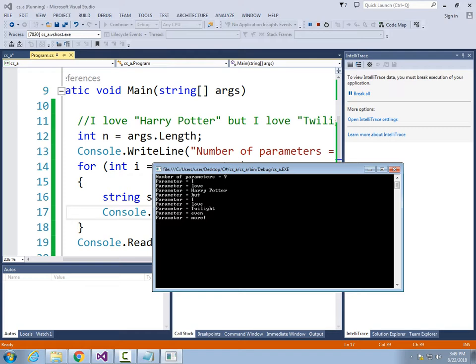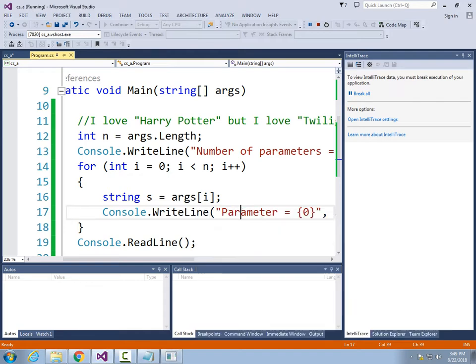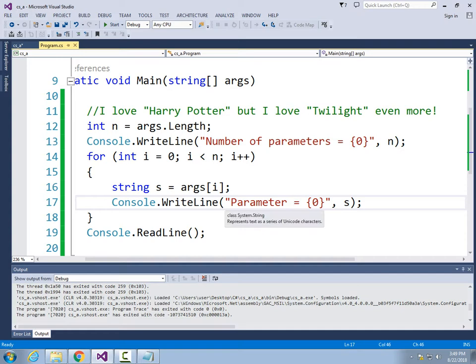All right, it runs. That looks pretty good. I love Harry Potter, but I love Twilight more. Yeah, it's still running. But maybe I want to have a second placeholder just for printing out the number of the parameter, right? 0, 1, 2, 3, 4, 5, 6, 7, 8, 9. If I wanted to do that,